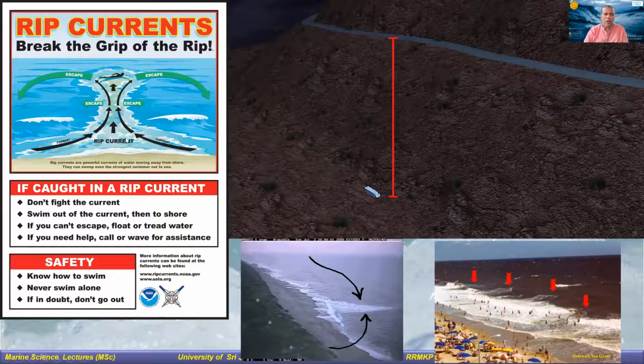right? So the only way, there are some instructions. Don't fight the current, because the current is extremely powerful. Usually they say that even an Olympic swimmer won't be able to fight back this kind of current, right? But what you can do is, if you don't panic, you can just float on the surface, right? You can just float, and you know these currents, since they are longshore currents, they will